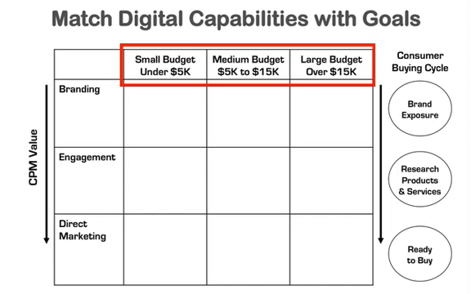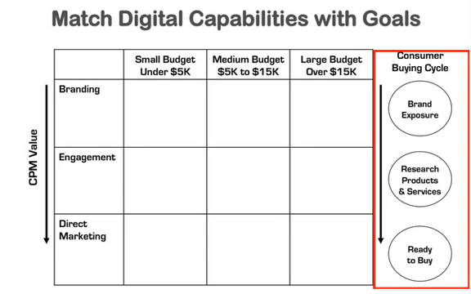So across the top of this particular grid, we have the budget size, and that might be different for various markets, a smaller market, medium market, larger market. So whatever that price range of what you consider a small marketing advertising budget for a prospect, you can put in that dollar amount. So these are just suggestions. This is just an example.